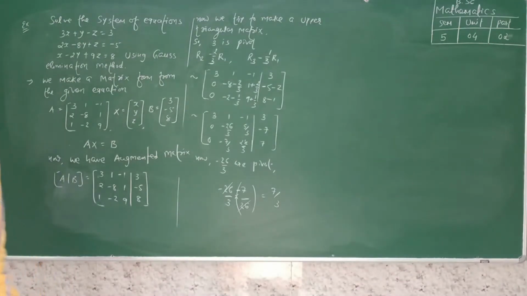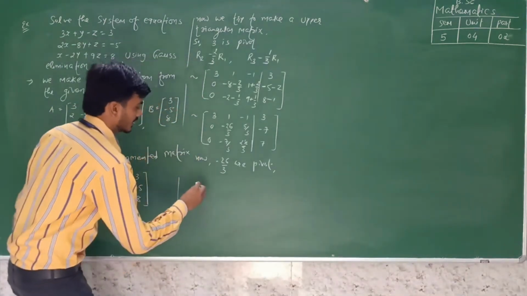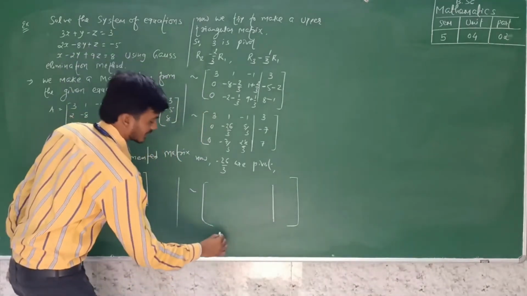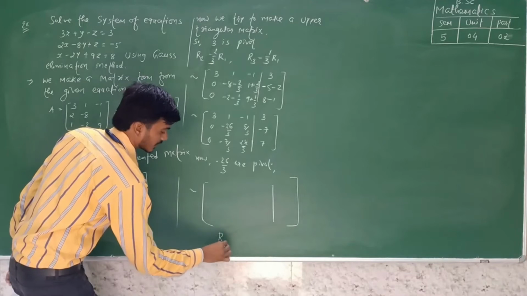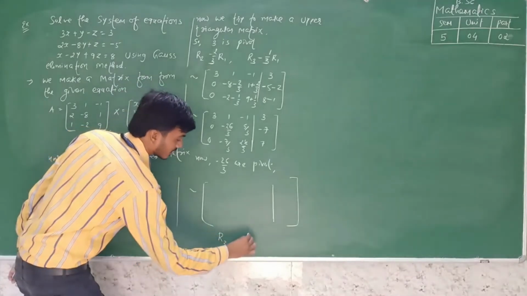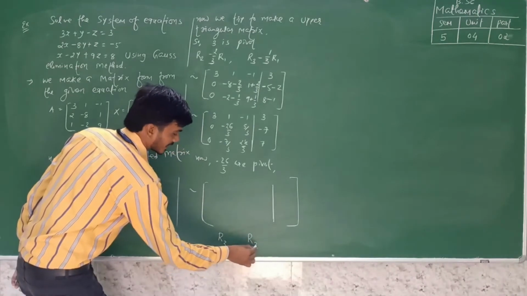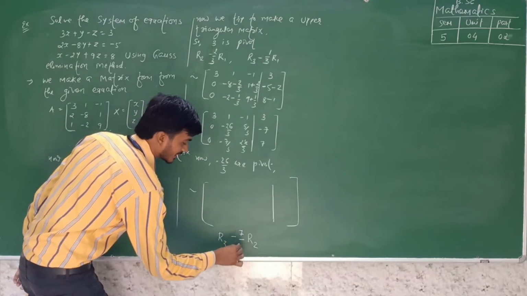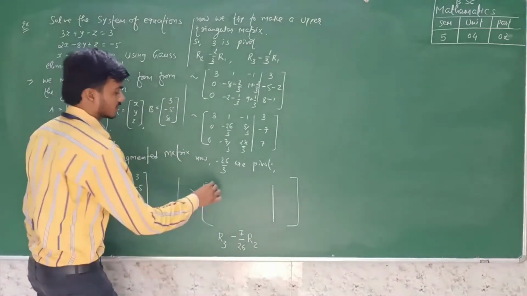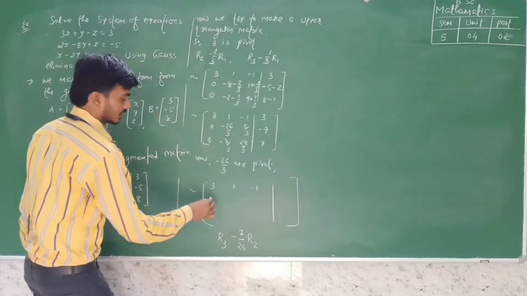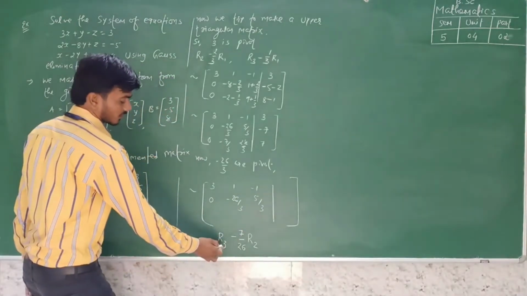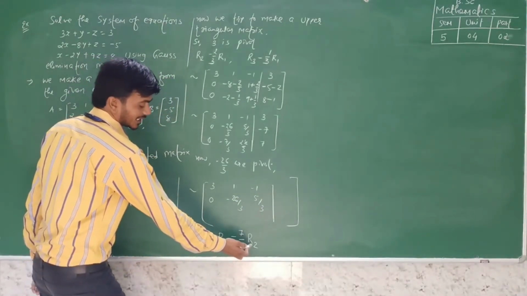So minus 7 by 26. So multiplying by this element, the operation is like this. Changes in this third row and R2 second row. Each and every element of the second row is multiplied by minus 7 by 26. So no changes in the first row, no changes in the second row, but changes in the third row. So what are the changes? Each and every element of the